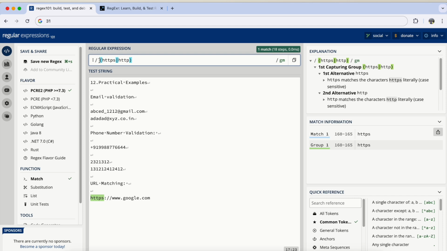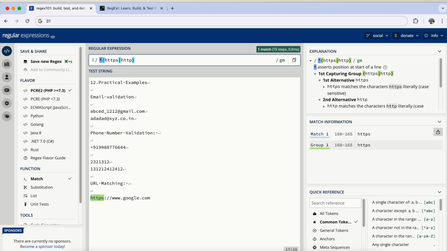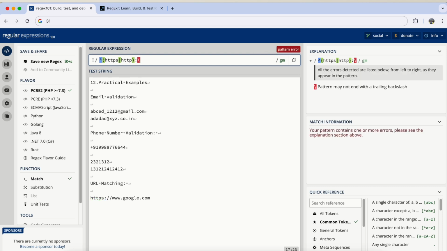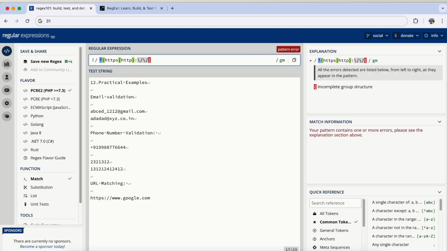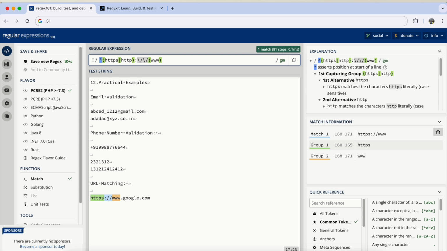So it should start with this and be followed by a colon, right? And then a front slash should be there too, and then www should be there, right? Followed by a dot. Let us say www, one occurrence should be there, followed by a dot, right? And then